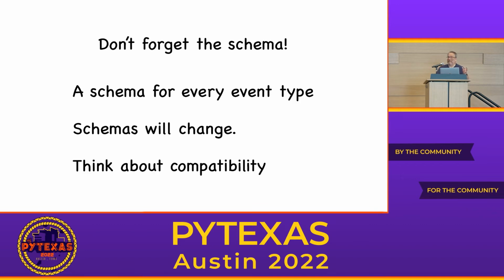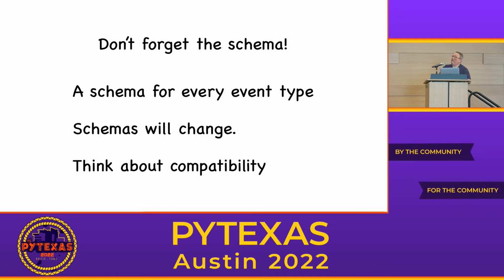And then don't forget the schema. Schema is really important. It defines what the event payload is. Especially if you're using multiple event types in a single topic, then you really want to have a schema to differentiate them, but you pretty much always do. Something really simple like the demo I'm going to show in a bit doesn't have one, but normally you're going to want to have that to show what the data in your event represents,